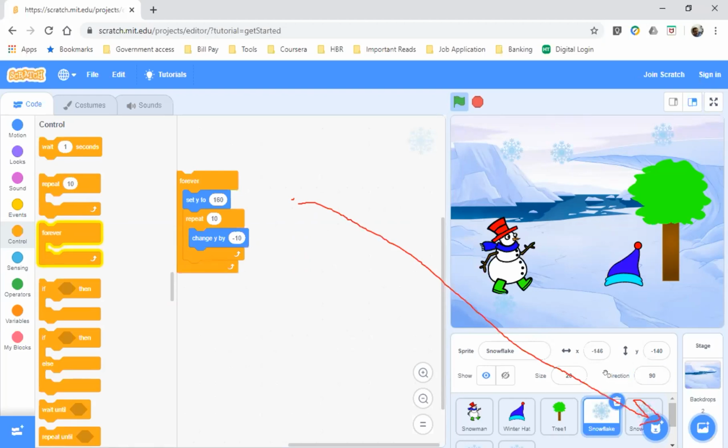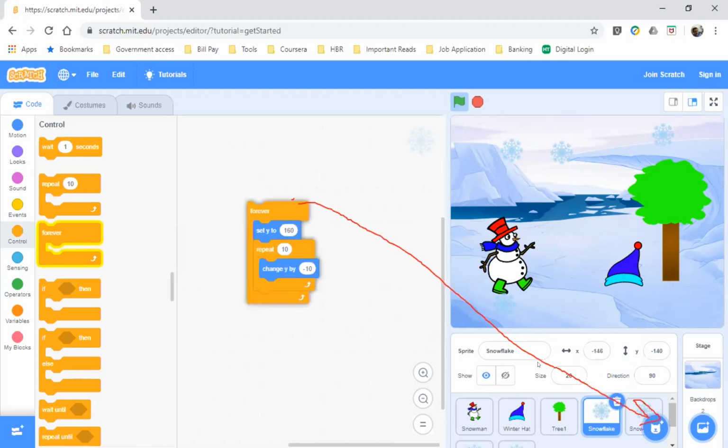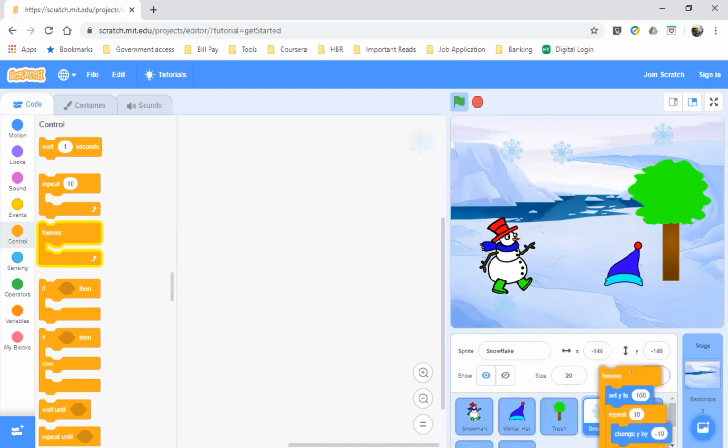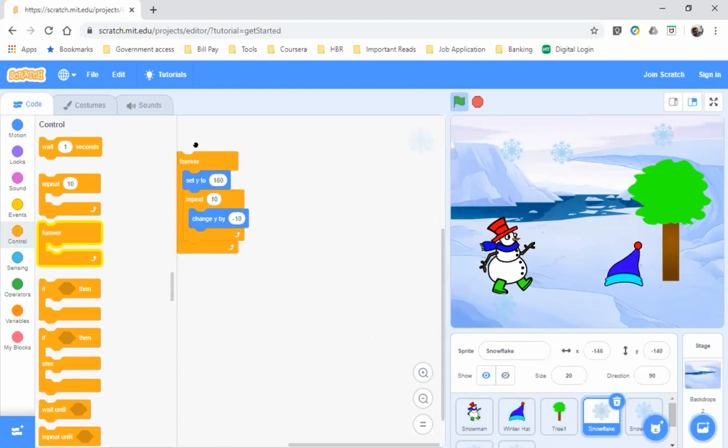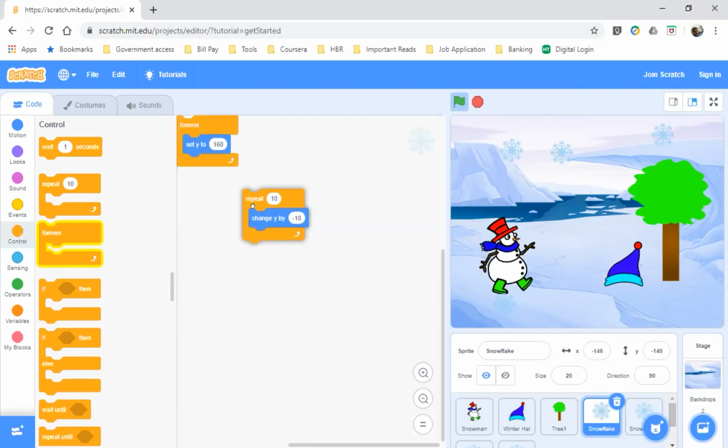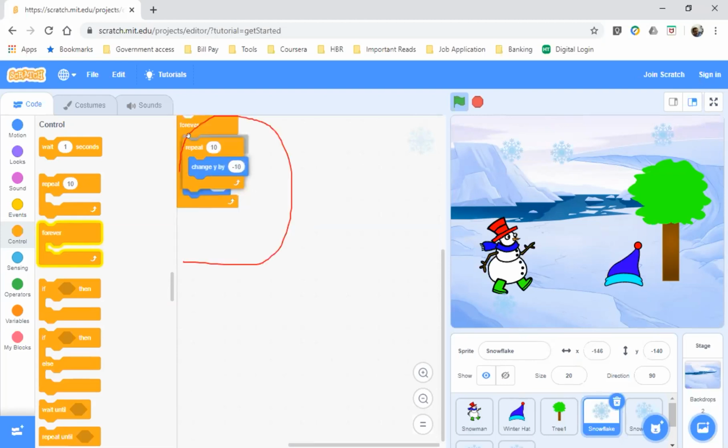No, it did not go. Sir, it didn't go for me also. Okay, then it's a screen issue. Then you have to create it manually if it is not going that way. Whatever you coded for this one, you have to code it for the next sprite also.